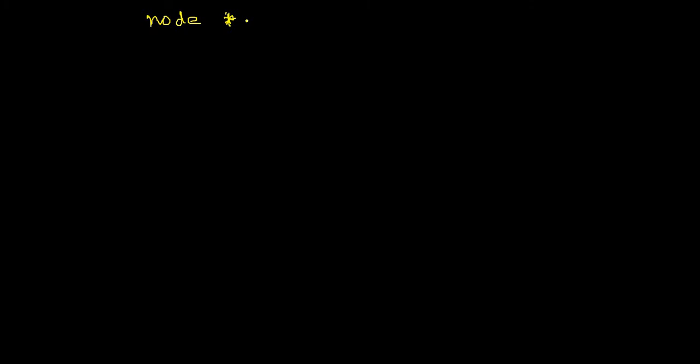I'm considering there is a possibility that the delete function may change the head. So I've written node pointer, delete linked list, del underscore ll. Within brackets, obviously you have to pass the head pointer. That is the only key that you have in your hand. So node pointer head,